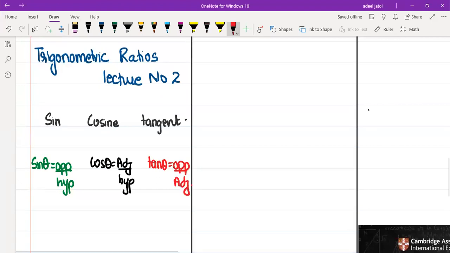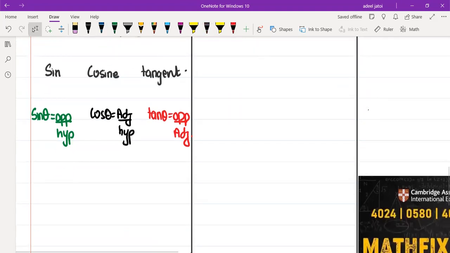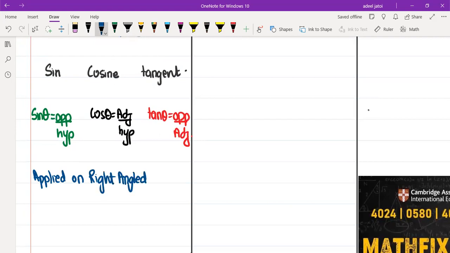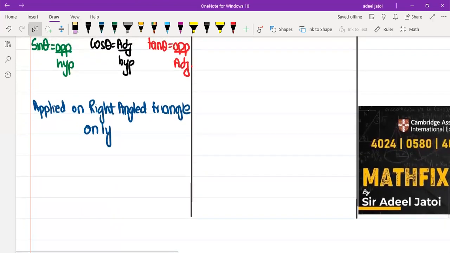Now, trigonometric ratios are basically applied on right angle triangle only. That means this cannot be applied if you have a non-right angle triangle. This will only be applied when you have a right angle triangle. What is a right angle triangle? A right angle triangle